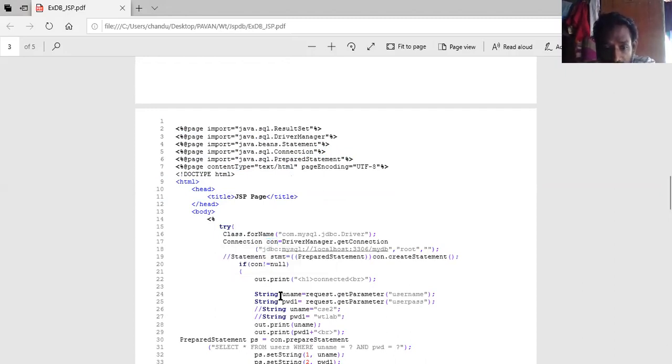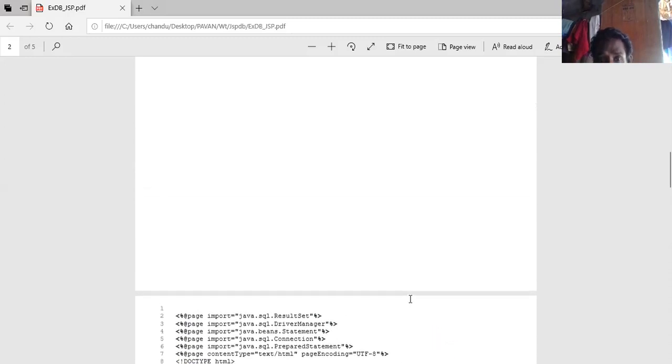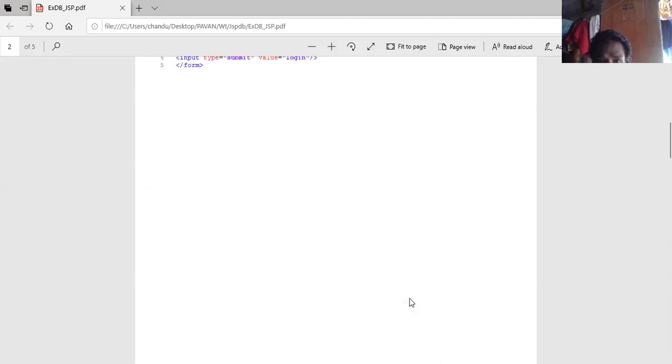Then here I take username with request.getParameter("username"), and password with request.getParameter("password"), because this username and password are coming from the earlier web page.